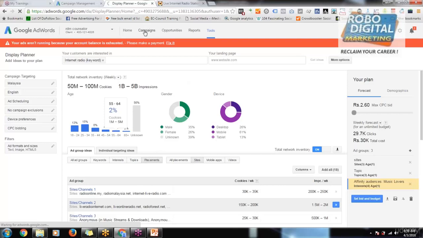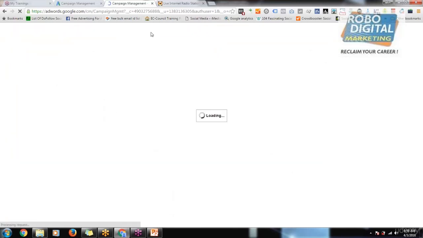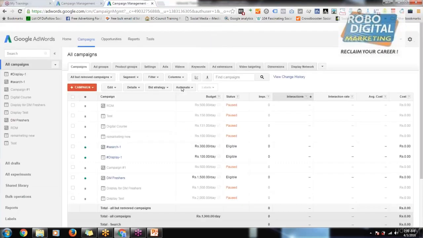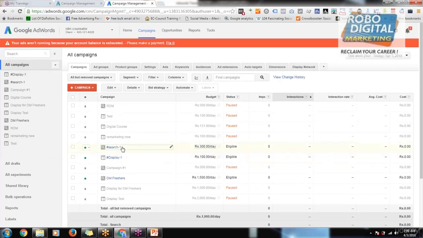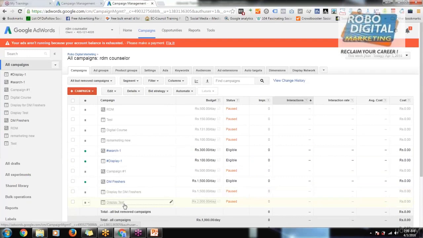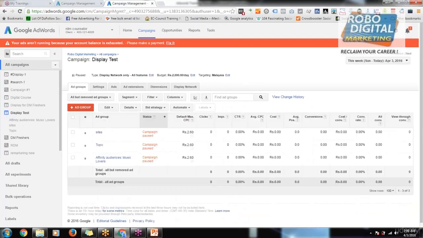Okay, if you go back to the campaigns, you can see where is the campaign. You can see display test, right? Yeah, display test. You can see 2000 rupees. I have defined the daily budget. If I click on it, I can see all the 3 ad groups which I have made, the maximum CPC